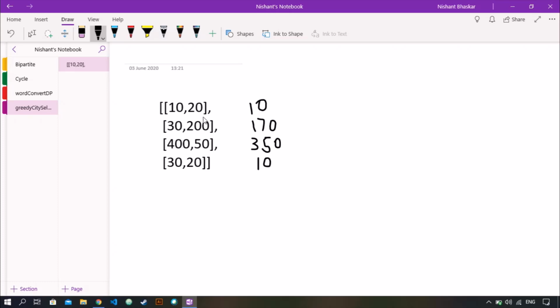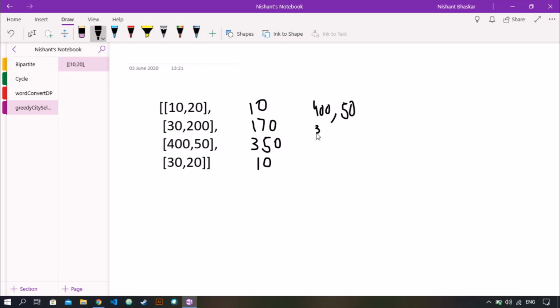So what we do is we sort this cost array based on these differences in descending order, and then choose whatever be the minimum cost from city A or city B. Okay, so after sorting in descending order, this should be 450.